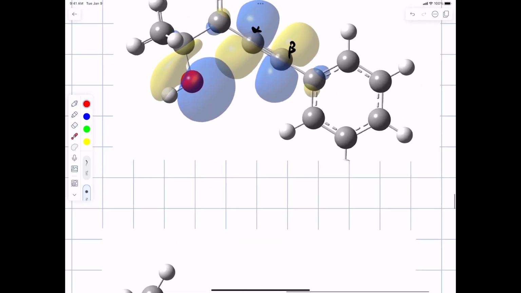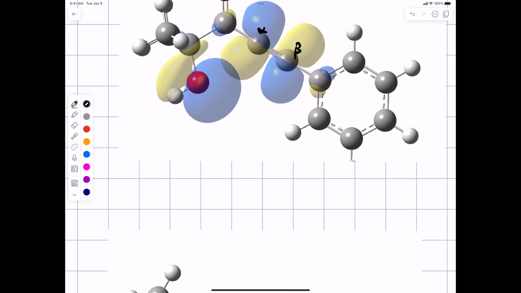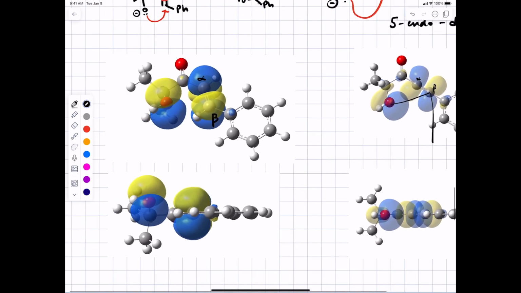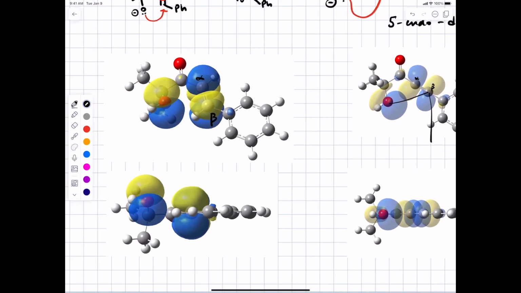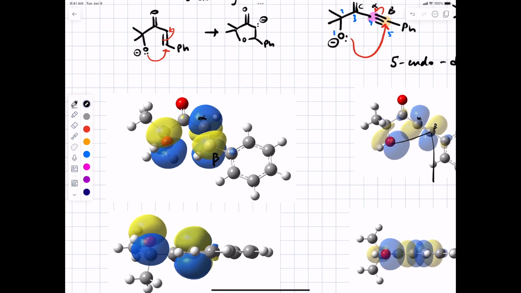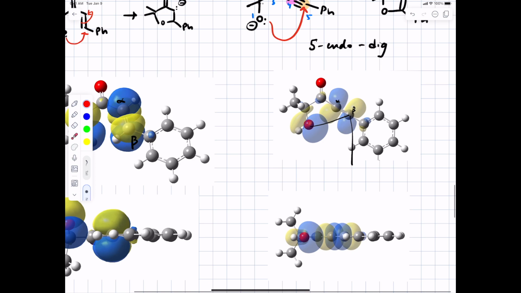Now, it's kind of skiwampus, right? Is that a word? That's a word, yeah. It's sort of the backwards Bürgi-Dunitz angle. Ideally, you'd want it to approach from there. But the point is that rather than being constrained, no matter how you rotate around these carbon-carbon bonds, you're never going to get that lone pair oriented towards the pi star. Here it's just hanging out in the exact right plane. And probably you're able to, anyway,